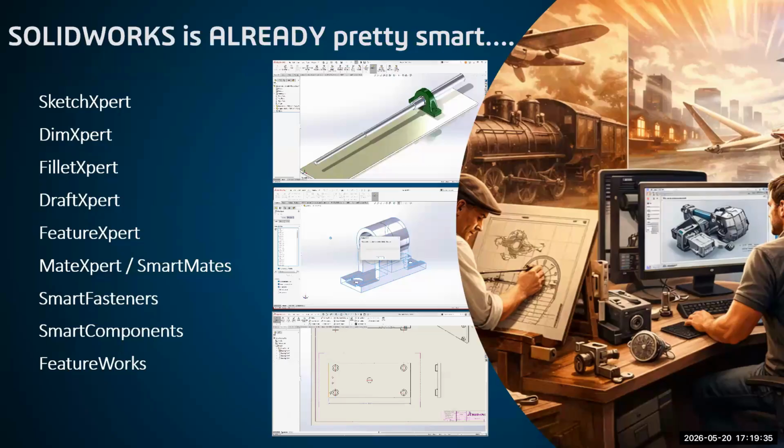So again, SOLIDWORKS has always been a leader as far as making the interface easy to use for anyone. So what we did, I'm going to name off versions to give you an idea of when can I grab this, because sometimes we can't always upgrade to the latest and greatest, but in 2025 Service Pack 1, we introduced